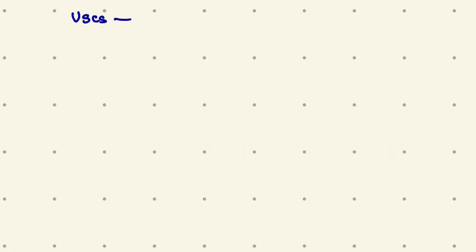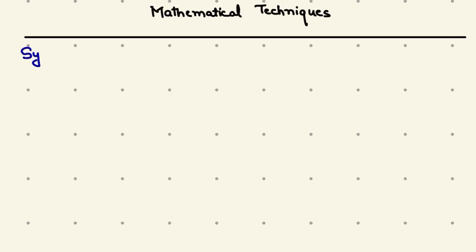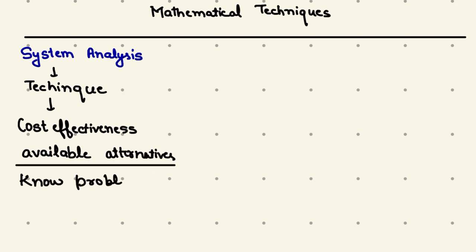Let's talk about the uses of Gantt chart. It is used for scheduling, for communicating the tasks, and for finding the time based dependencies. Let's talk about the mathematical techniques, which include system analysis and network analysis. So, in system analysis, we use techniques for finding the cost effectiveness of available alternatives and for knowing the problem